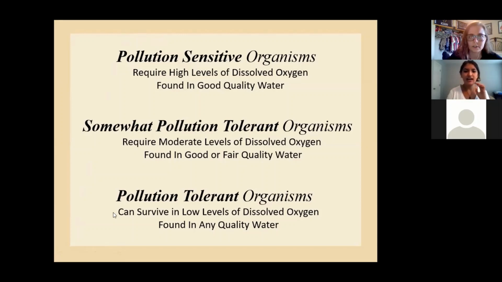Yeah, and before I transition to the next slide, a point that I had made earlier was, we are looking at abundance and diversity, but we really focus on the diversity of macros that are found because, abundance, just because you find a high number of macros doesn't mean those are, I don't want to say the good macros because they're all important, but if you find a high number of pollutant tolerant macros, then that might mean that your water quality is not too good, because they can survive in these low levels of oxygen and they can take the pollution. So it's really about, again, the diversity of macros that we find.